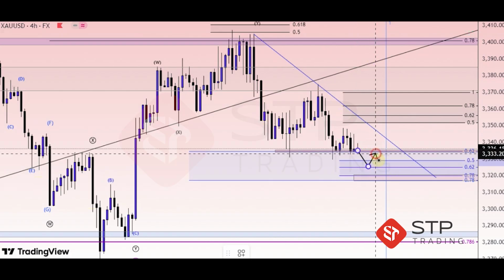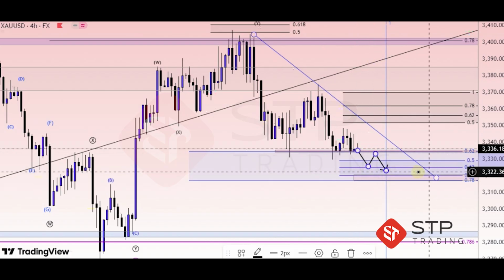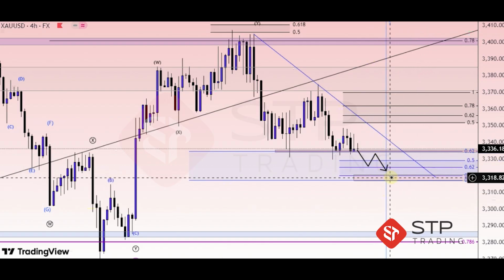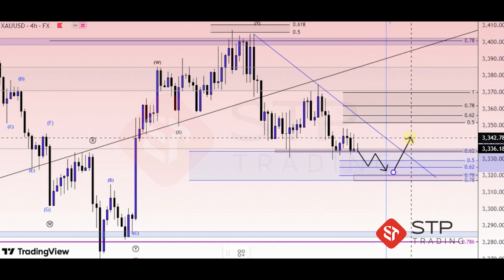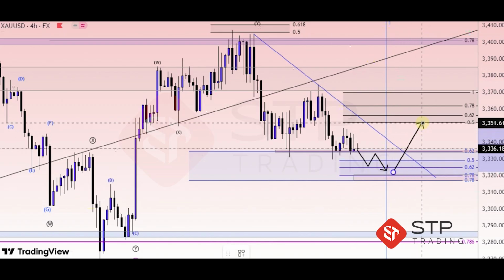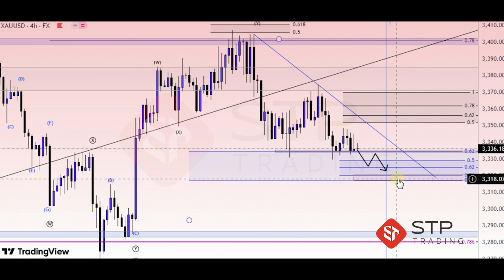The likely scenario is that the price could continue its corrective and downward movement toward the support levels we have specified. By holding this support zone, we could expect the beginning of an upward trend. The bullish move could progress toward the resistance levels we have identified. However, if the support zone is broken, the continuation of the bearish trend on the chart would also be